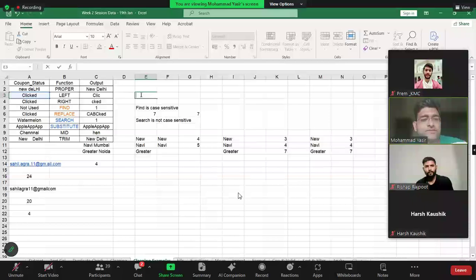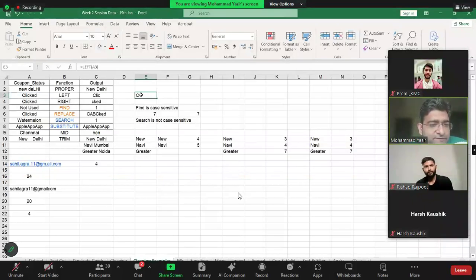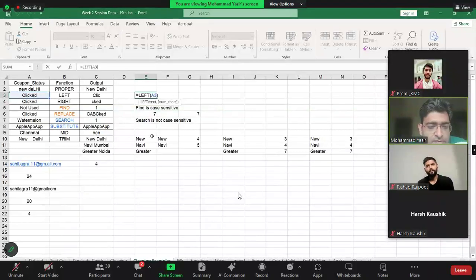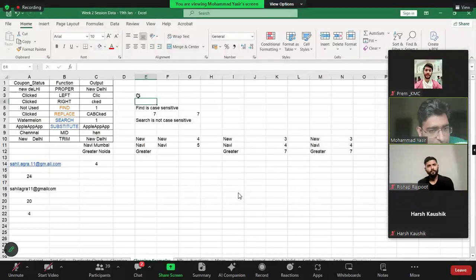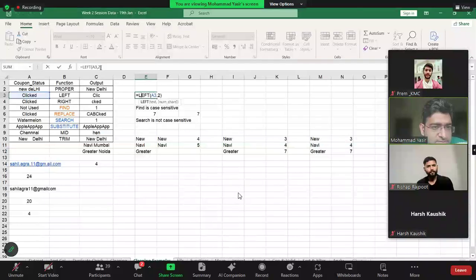You will get the first character, right? And the thing about left is that it will carry forward the upper or lower case. So if the value is in uppercase, it will maintain it. If it is in lower case, it will maintain the case, right? Proper. So now if I do comma 10,